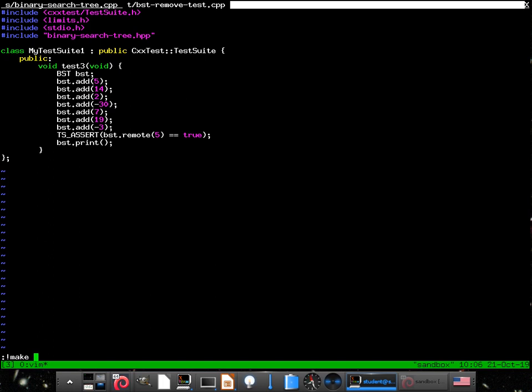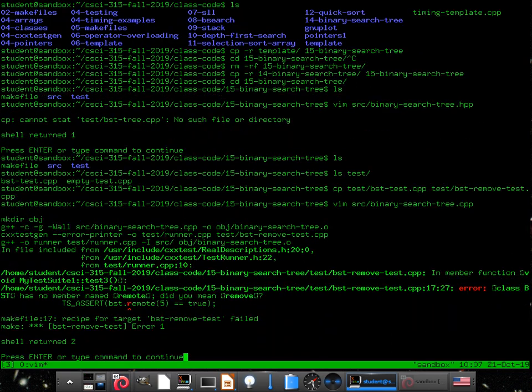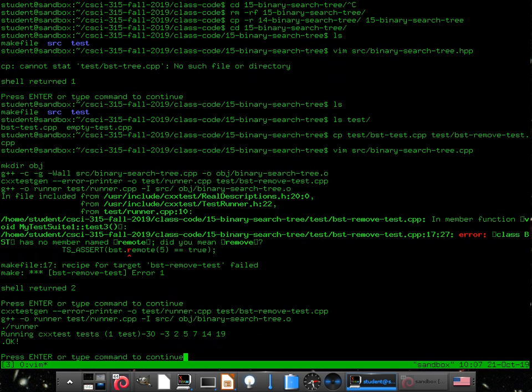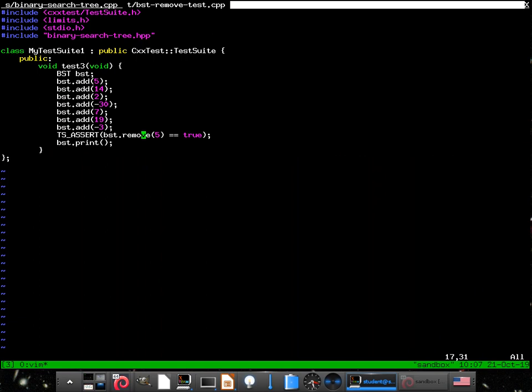I misspelled remove. I sure did. Well, I also misspelled it down here. Let's make sure that gives an error. Good. Remove. Okay, and the 5 is still there because after we remove it,